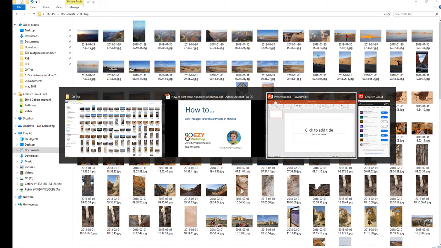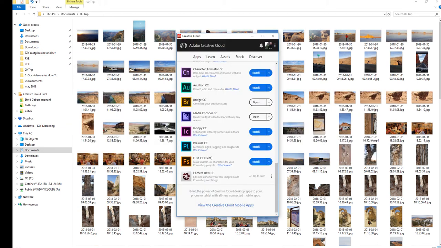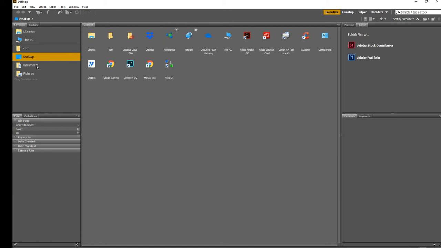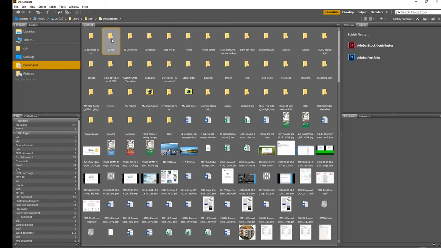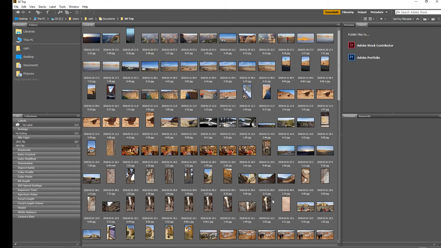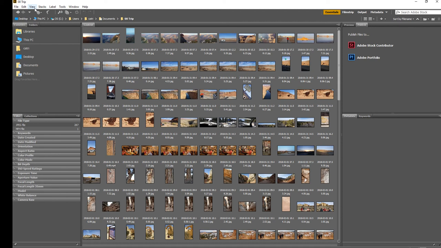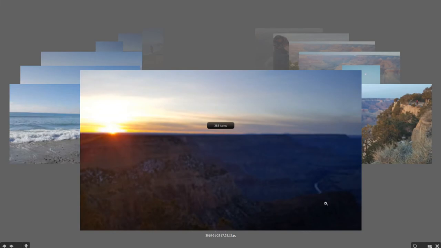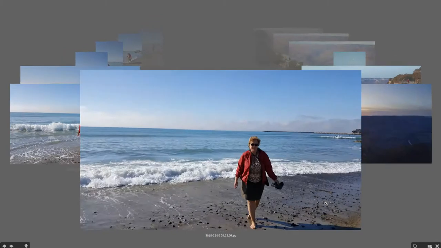But not any longer. If you have Adobe Creative Cloud, you have a function in here called Bridge. Open up Bridge, go to the folder where you have your trip photos, choose View and Review mode. In here with your left and right keys, you can go through all your images,